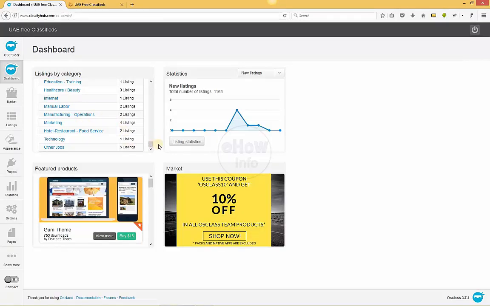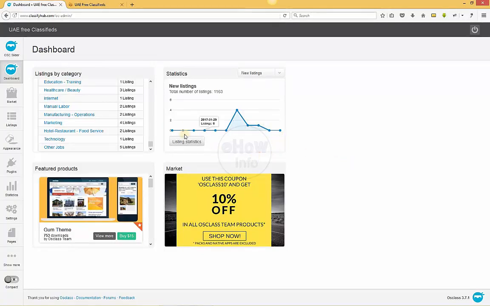Okay, and this is the graph showing how many ads have been posted to my website. You can see on this date zero ads, on this 4, on this date 1, on this date 1, and this is 0 and 0.